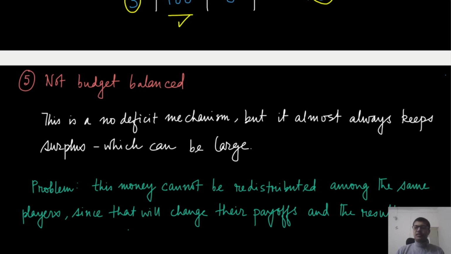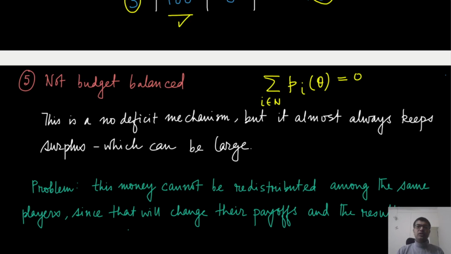The last point that I'm going to discuss here is that this mechanism, the VCG mechanism, is not perfectly budget balanced. Remember the budget balance condition: when you take the sum of pi of theta over all these players, it is exactly equal to 0. And the justification for budget balance is that the auctioneer is actually provisioning some public goods or